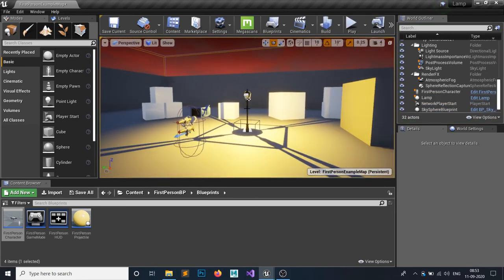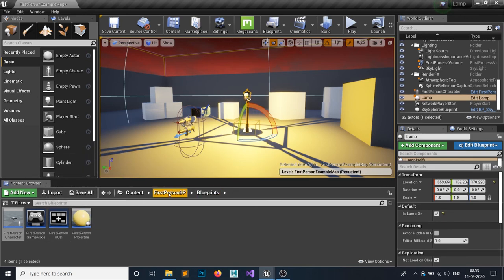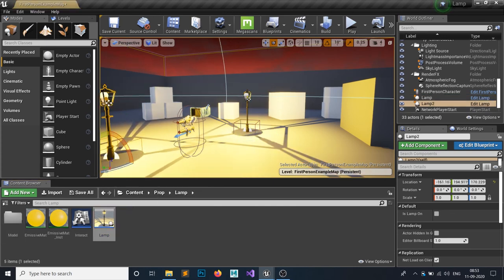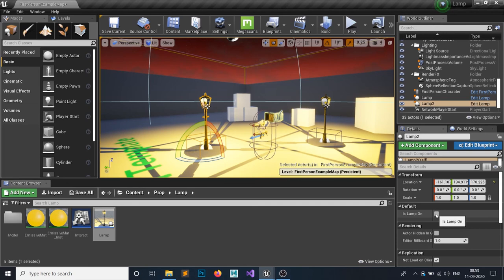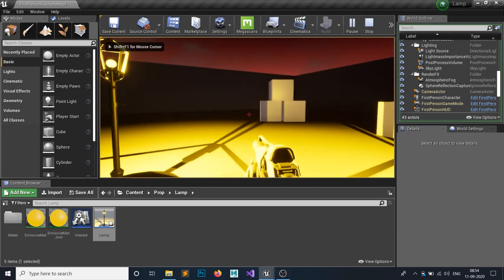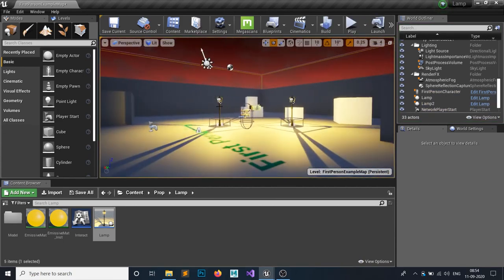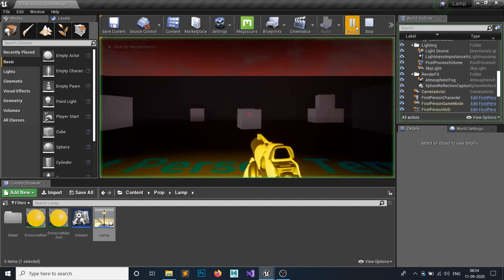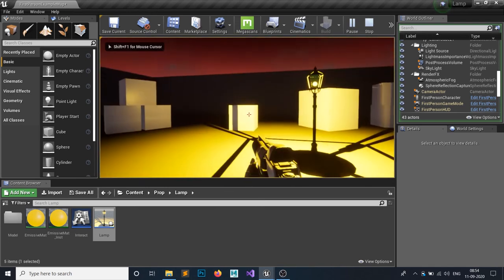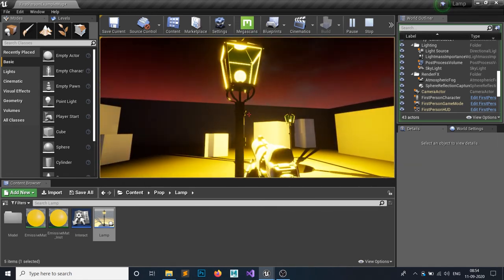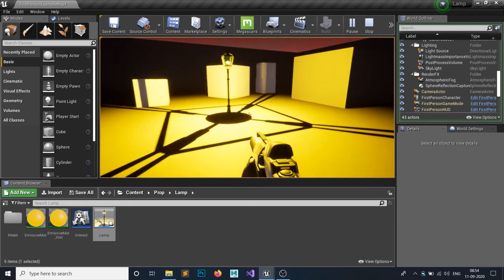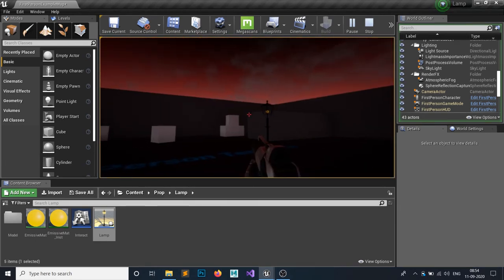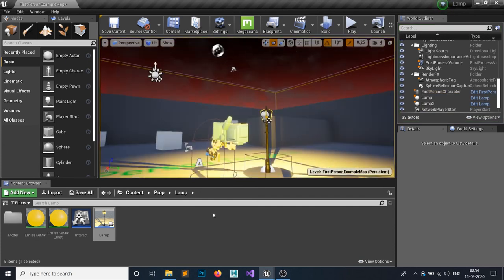And if you want to spawn the actor, the lamp, just add it in here, and let's say I want to spawn this one off by default. By default this one is on, and I want to spawn another one off. So set this default value to off and the default value of the other is on. So if you spawn, one lamp is on and one lamp is off, so you can set it. You can toggle the visibility, you can change the color if you want, it's up to you. So thank you so much guys for watching, and bye bye.